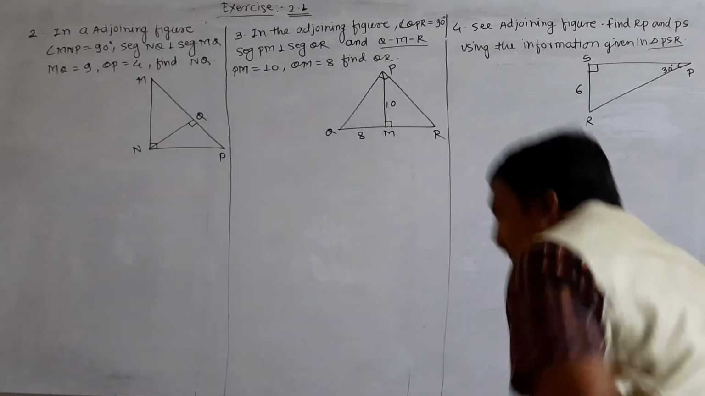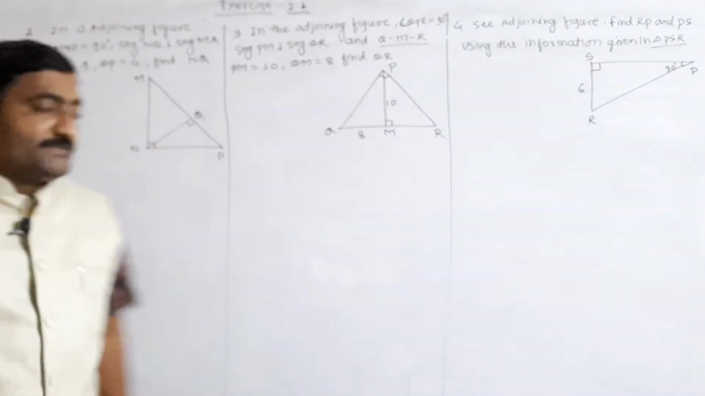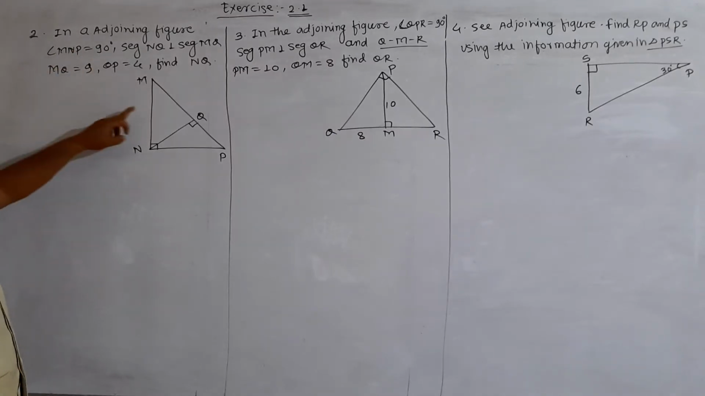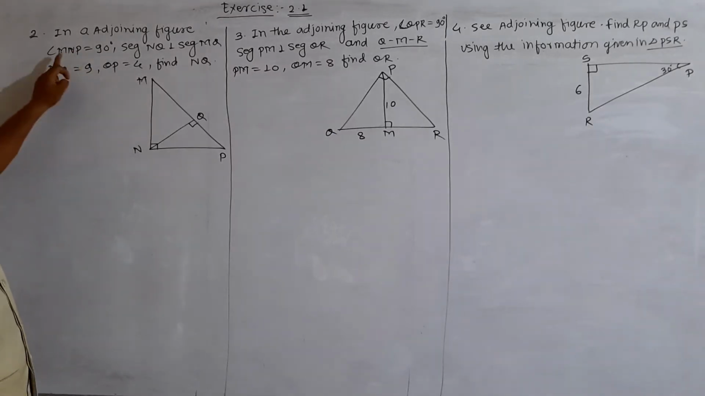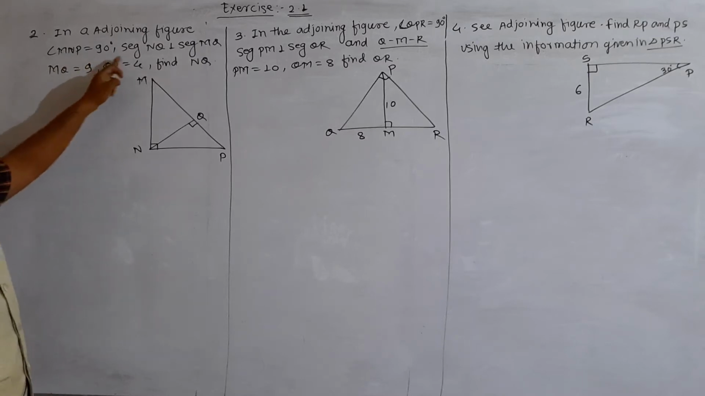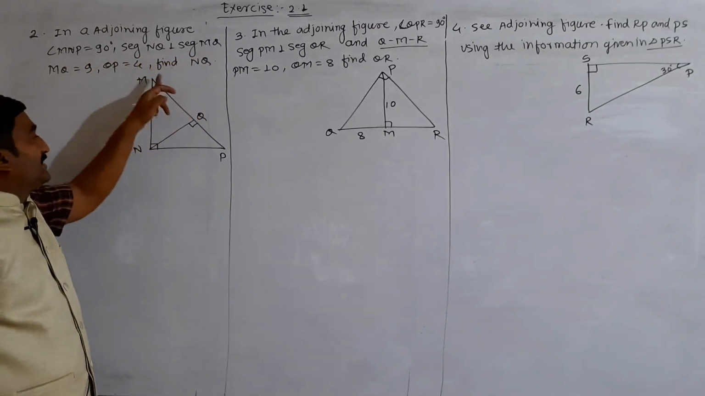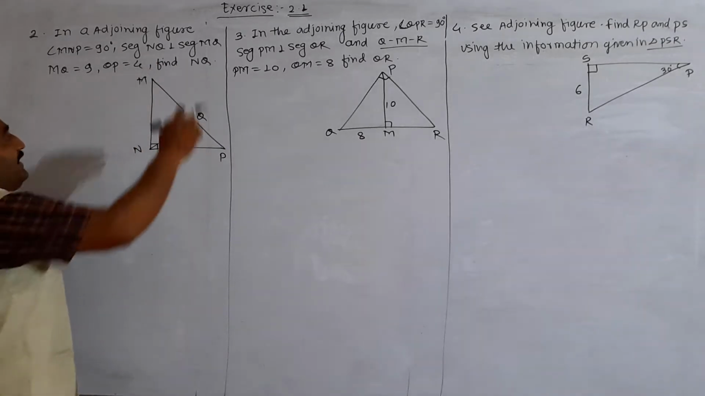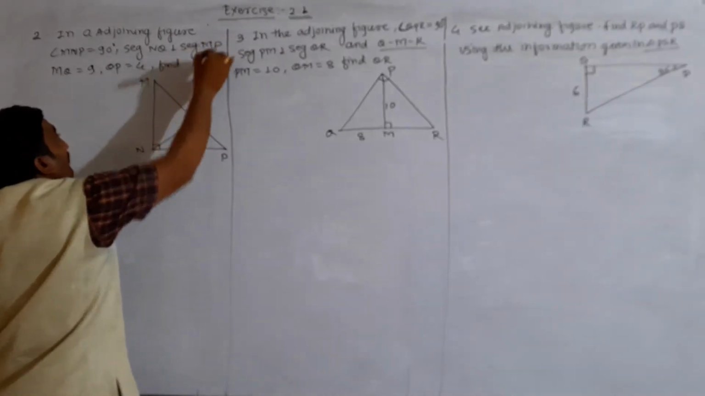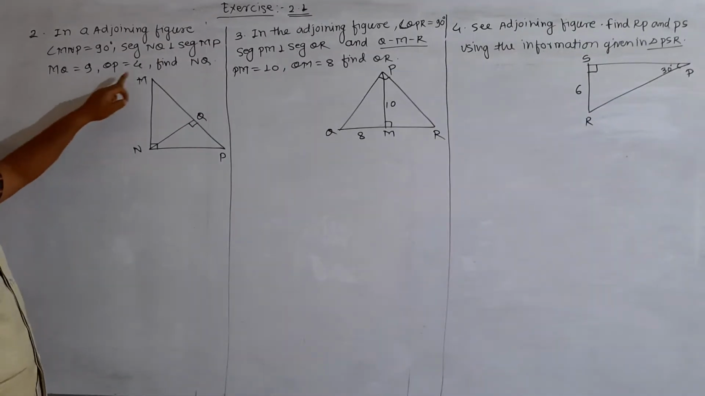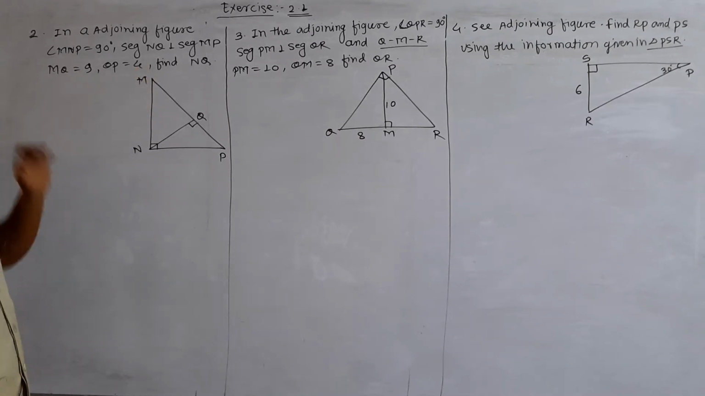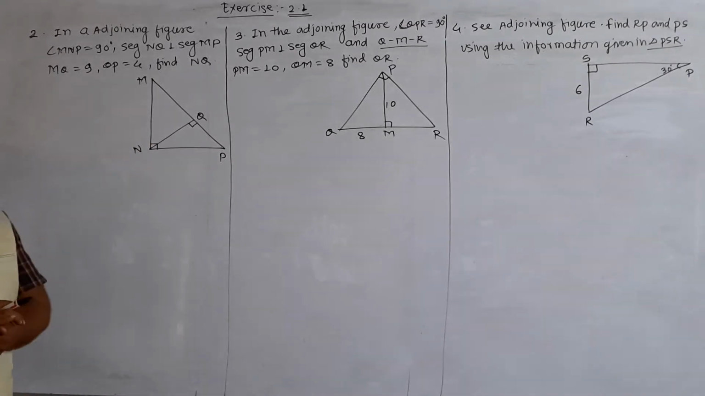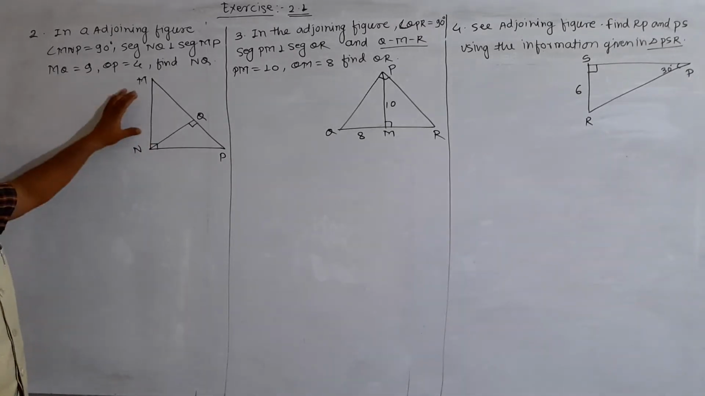So, next example we have given here. The second example is: in the adjoining figure, this is the given figure. Angle MNP is equal to 90 degrees. Segment NQ is perpendicular to segment MP. MQ is equal to 9, QP is equal to 4. Find NQ. When we have to solve this type of example, first observe the given figure carefully and write